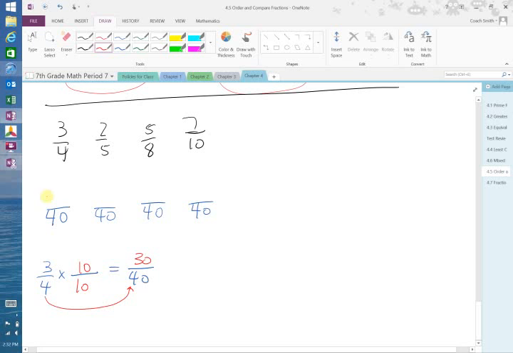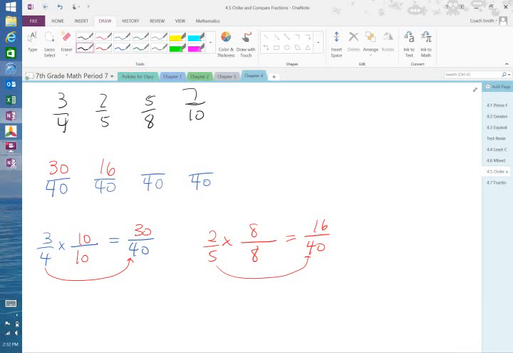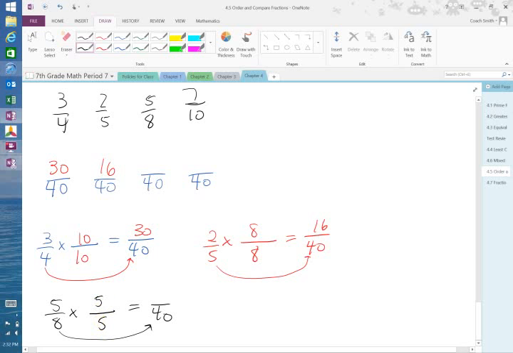Now, my next fraction, so this is 30 over 40. My next fraction was 2 over 5. I'm going to multiply it by an equivalent fraction and get 40 on the bottom of it. What did you multiply 5 by to get 40? 8. So 8 over 8 is what I'm multiplying the fraction by, and that gives me 16. And that would be 16 over 40. The next one is 5 over 8 times some fraction to get 40 on the bottom. What did you do to 8 to make it 40? Times 5. So it would be 5 over 5, which is